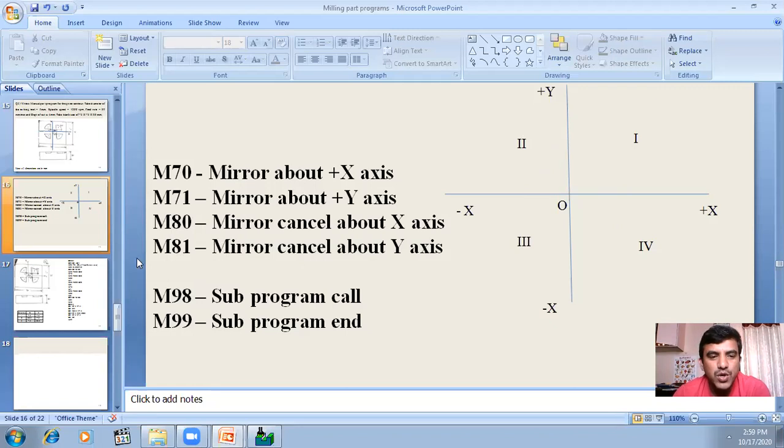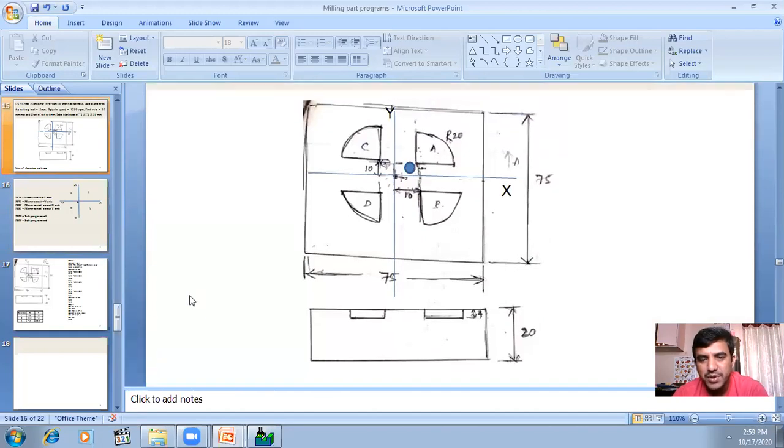After that, there are two other codes we use here. One is M98, which stands for subprogram call. What does subprogram call mean? See, in the previous geometry, if you write the part program for one quadrant, the first quadrant, the geometry is similar in the second, third and fourth, and the same coordinates are repeating, right? Once the coordinates are repeating, then at the end of the main program we write another program called a subprogram. Then you call the subprogram, and it automatically takes the same coordinates and performs the moves in different coordinates.